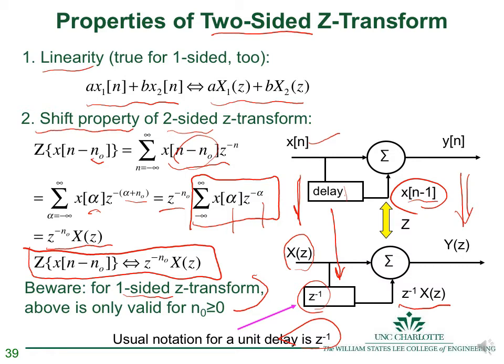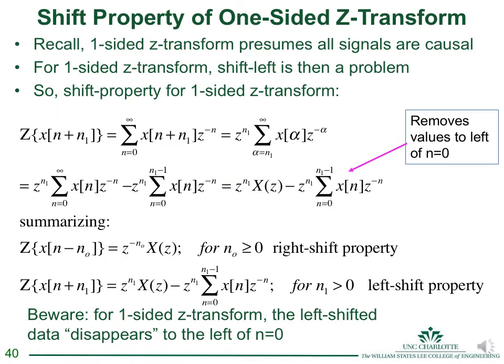So I mentioned that the one-sided transform is a little more complicated. I'll go through that detail here for a moment because quite commonly in controls textbooks, the one-sided transform is used, although that's less common to be seen in digital signal processing. So again, the one-sided transform presumes all signals are causal. The summation, of course, goes from 0 to infinity. And so a left shift becomes a problem. So the shift property for the one-sided z transform,